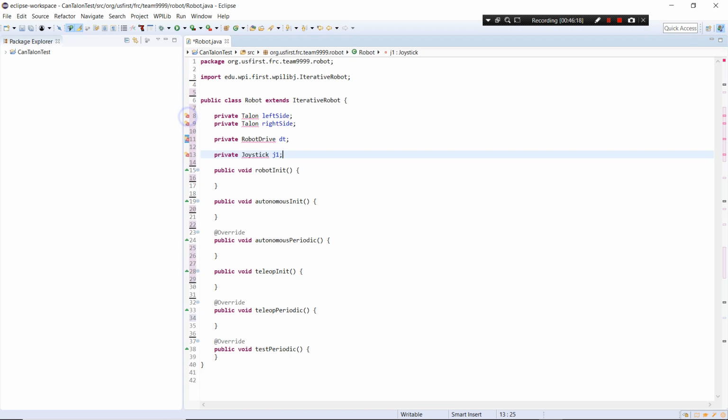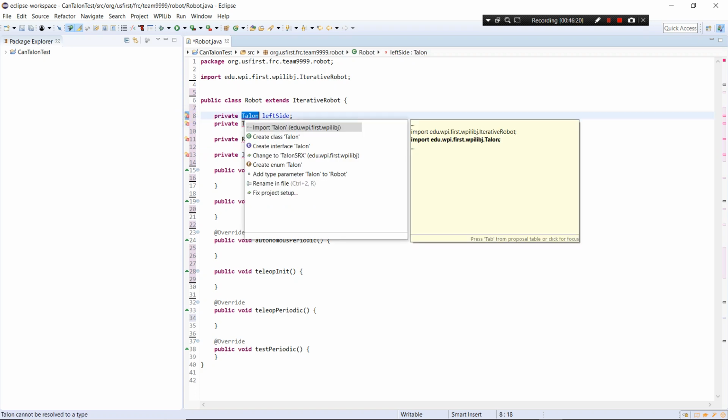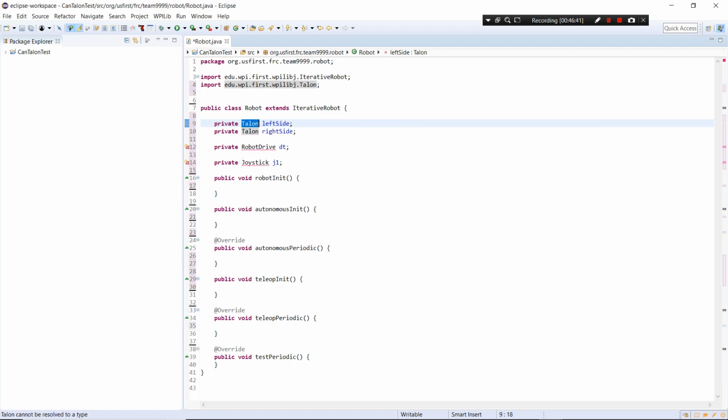If you actually tap on it, if my computer would cooperate, it will give you a list of options. Normally the first one is what you want, and in this case it is. It says import Talon, and Eclipse has actually gone out and looked at all the libraries that you have installed and said, oh, this is defined here. I'll just grab it. And if you click on that, you'll see that our list of imports at the top changed,